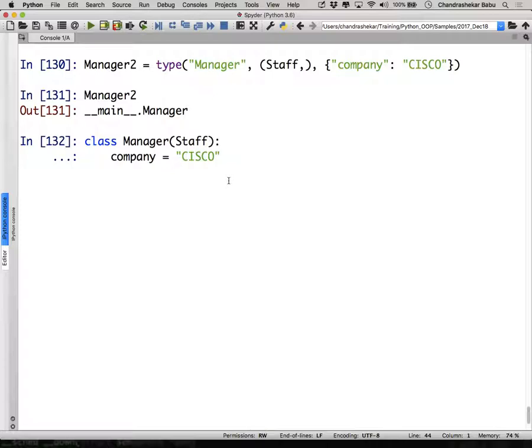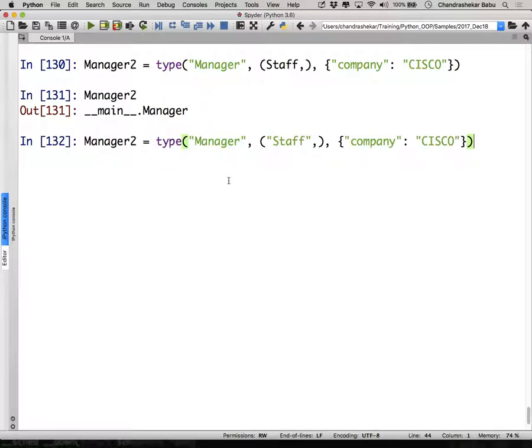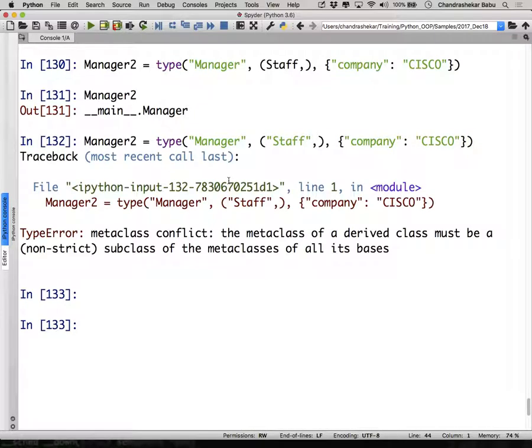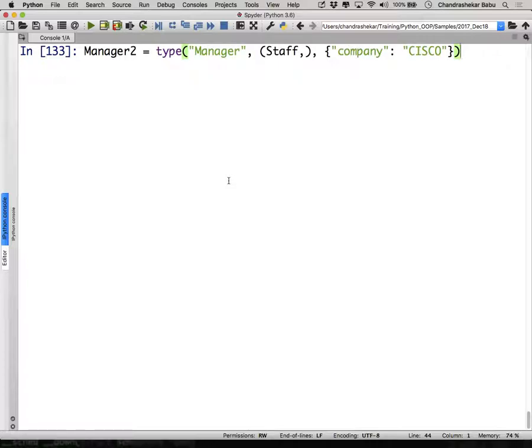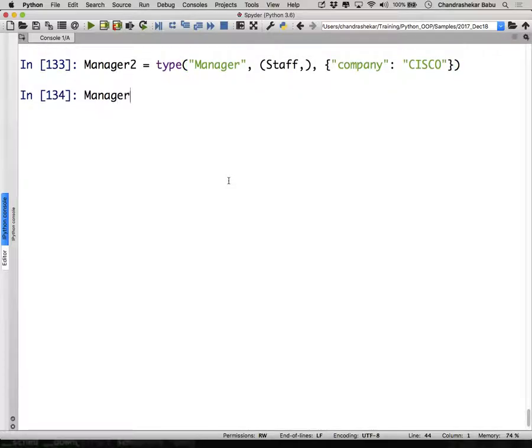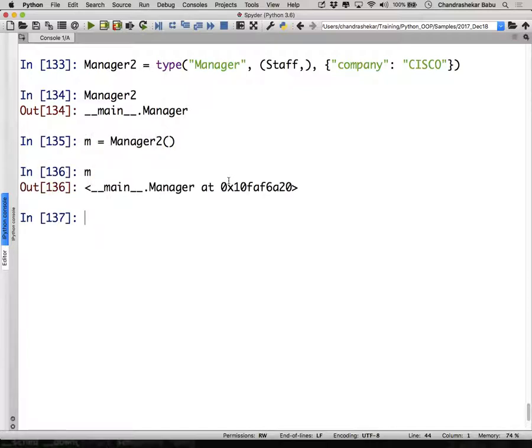It defines a new class now. Not an object, it's a class. In fact, we can say see this manager2, the manager2 is actually a class object. Then m is equal to manager2 will instantiate a manager object.